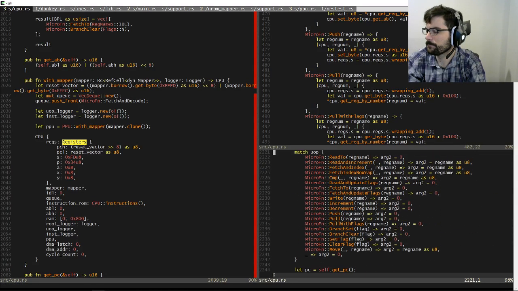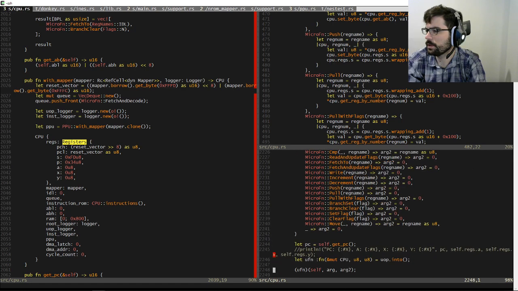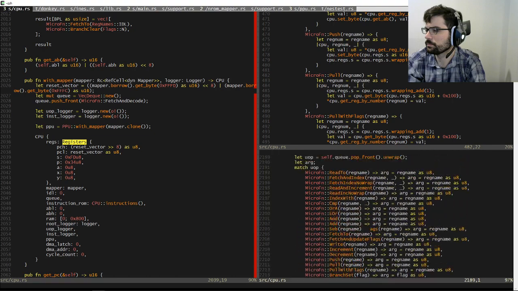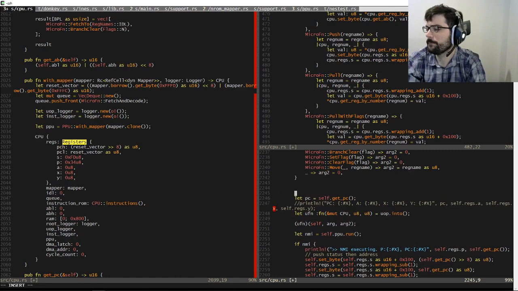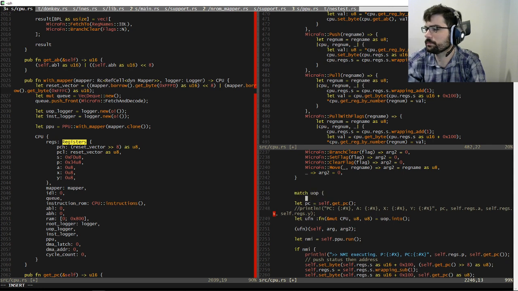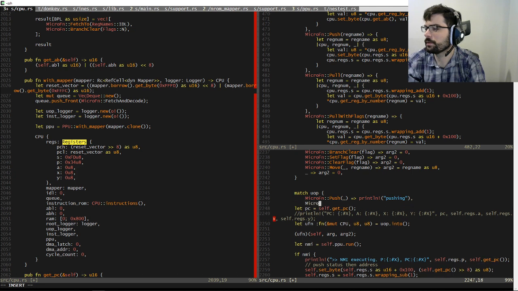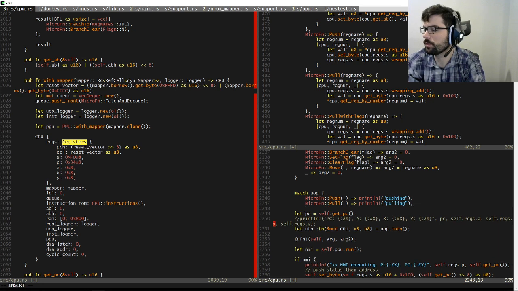So if we do, match UOP, microcode push, print line pushing, microcode pull, print line pulling. Otherwise, do nothing.